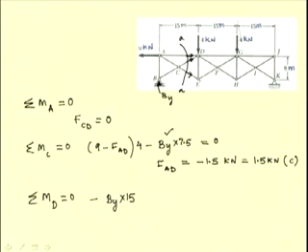The force FCE can be resolved into two components, and the horizontal component of this force is going to have a moment about D, and the vertical component of this force is not going to have a moment. So, in order to determine this, we need to know this angle theta and the cos of this angle, and we already know the slope of these lines, and from that we know that cos of theta is equal to